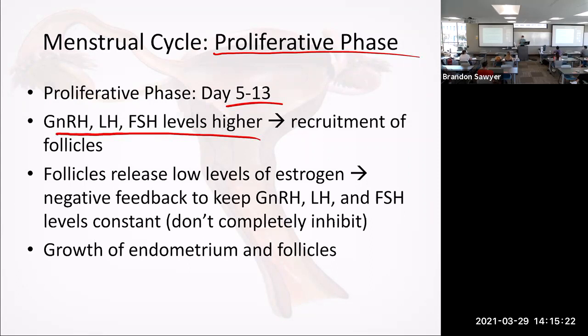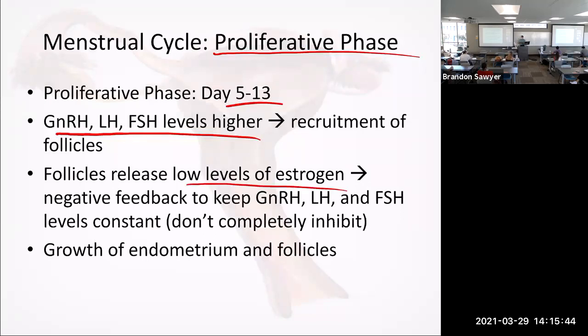There's a few of them. They're like, I'm ready to go, coach. And then only one actually gets called up and gets to play, right? But that's kind of how it is. Multiple follicles, multiple eggs start developing like they're going to be ovulated, but then only one actually gets ovulated each time. And the follicle will release very low levels of estrogen still at this point,